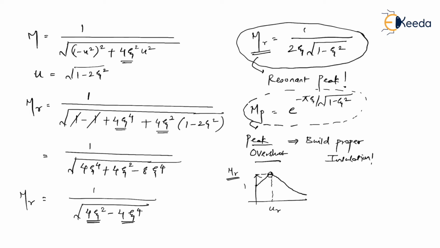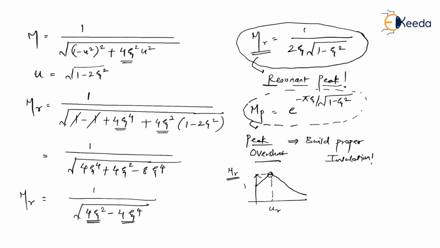So what is going to happen at a particular frequency? Your system may experience maximum vibrations, and it may lead to the disintegration of your system. It might happen that the screws or nut bolts inside the system may get disintegrated, and it should not happen. And that's the reason why the maximum possible value of Mr should be known to you in advance. Accordingly, you are going to build your system with proper mechanical strength. So in order to decide that, you should know the resonant peak in case of frequency domain, and in order to define the insulation in the system, you should know the peak overshoot in time domain.